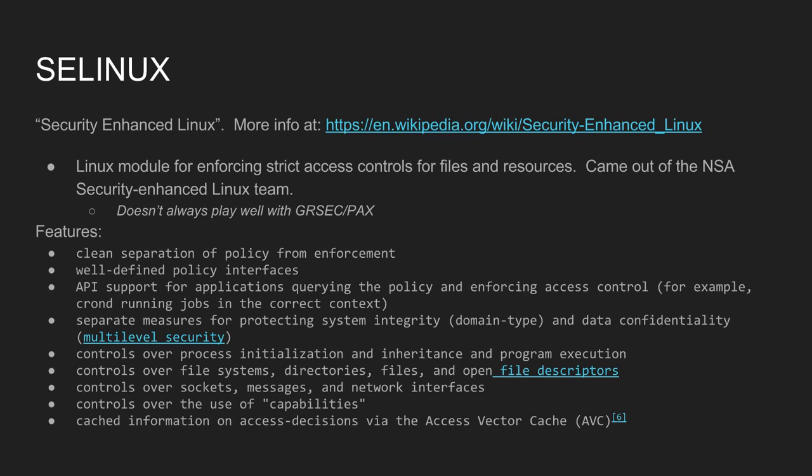You can read about it on Wikipedia. It says it came out of the NSA, so it's got to be pretty good. And it is specifically a kernel module for enforcing strict access controls for files and resources. It does not focus on exploitation mitigation, so it's not in that family, but is worth talking about since we're